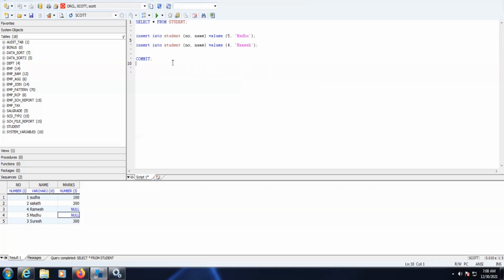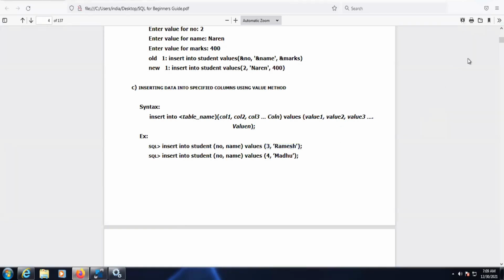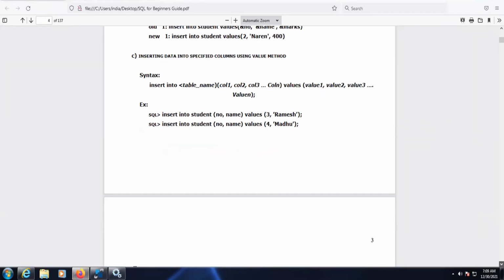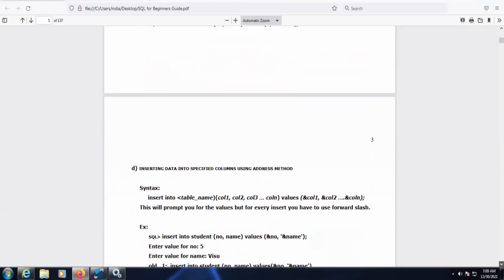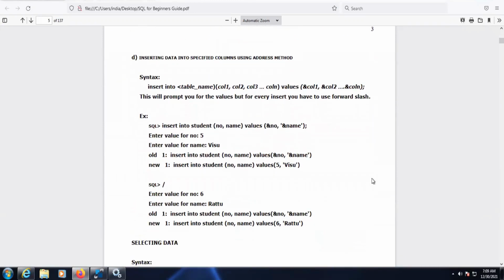Okay. So now how to delete the data? Wherever the marks are null, those records need to be deleted. So what is the syntax for delete? You can refer to the same thing here in the document. Even for inserting the data for specific columns, we can use this address method.